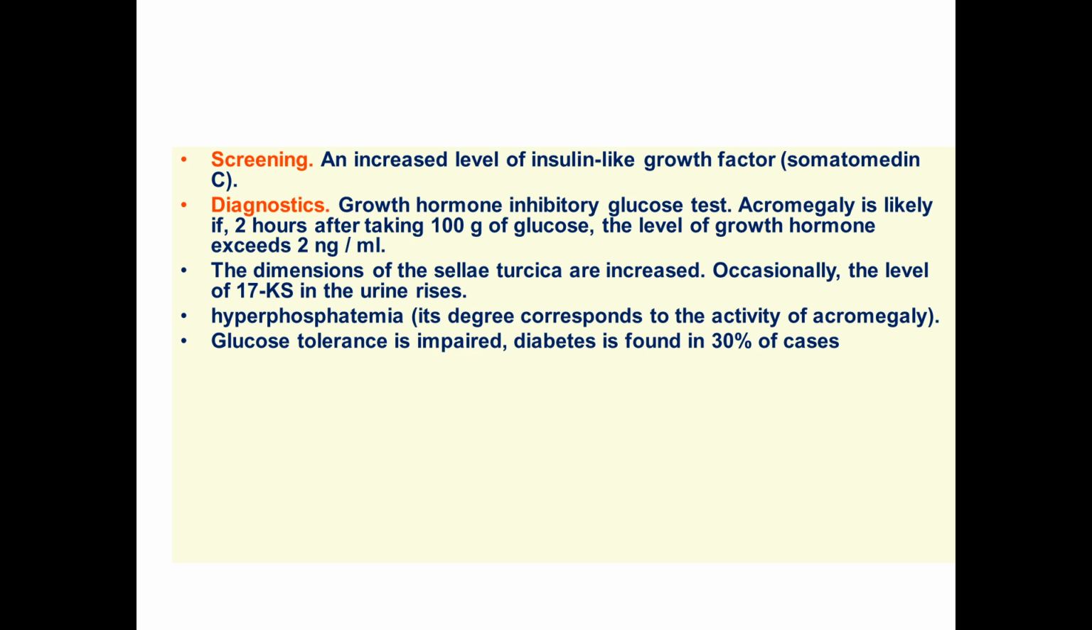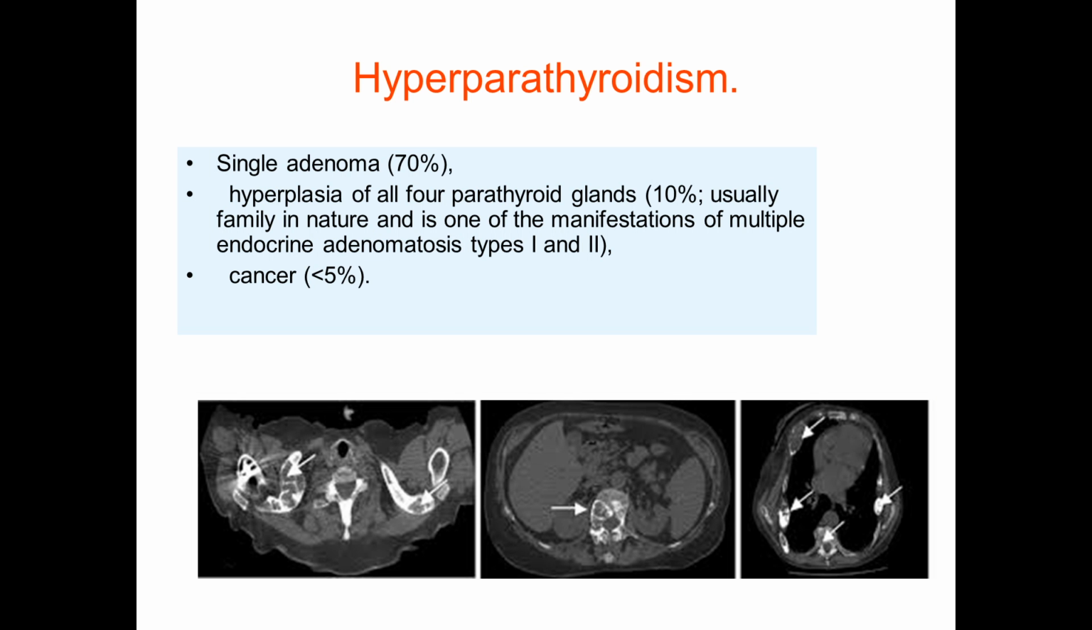You can find increased insulin-like growth factor, and a growth hormone inhibitory glucose test is provided. Acromegaly is likely if 2 hours after taking 100 grams of glucose, the level of growth hormone does not decrease. And also hyperphosphatemia is characteristic. Its degree corresponds to the activity of acromegaly, and in 30% of cases glucose tolerance is impaired, diabetes is found. Next is